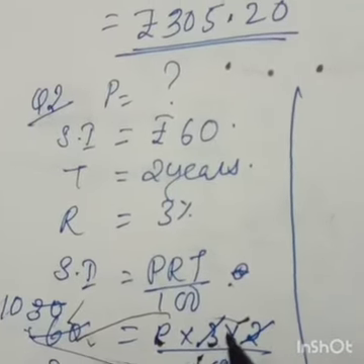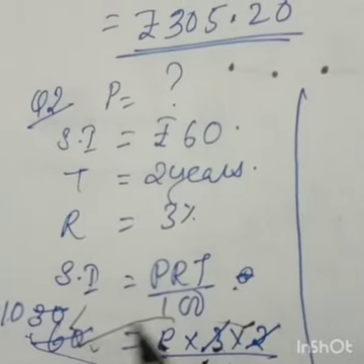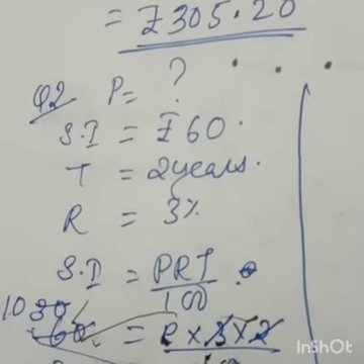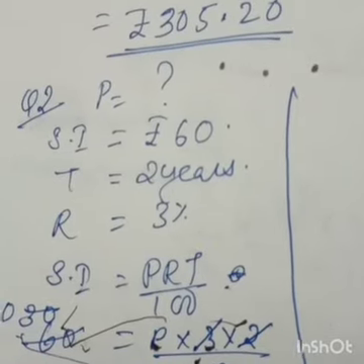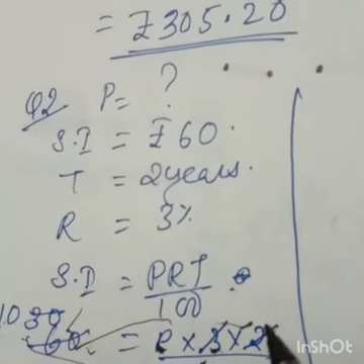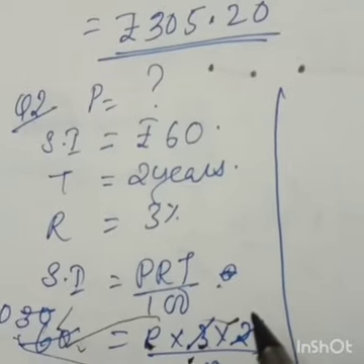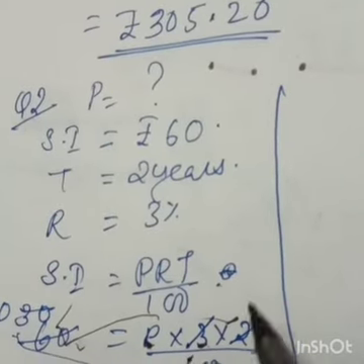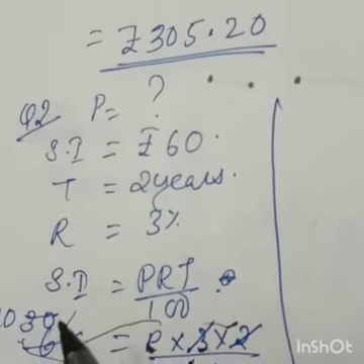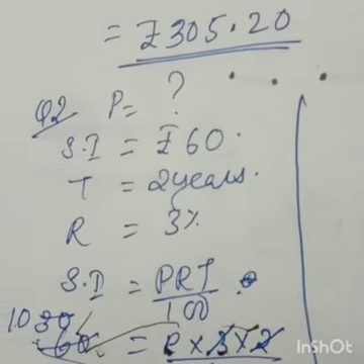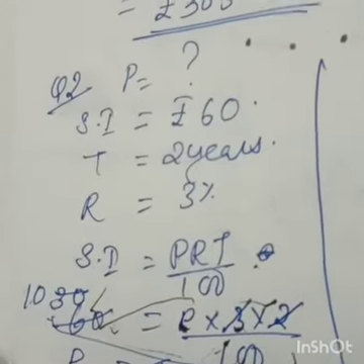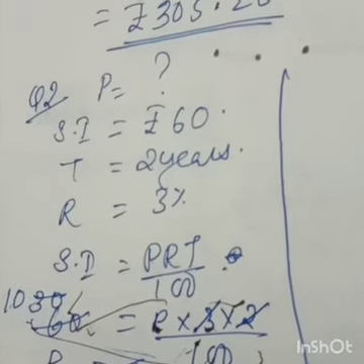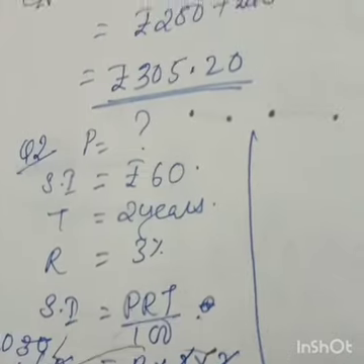That is wrong. Left hand numerator to right hand numerator, left hand denominator to right hand denominator, because left hand denominator will become right hand numerator. So the easy method: numerator to numerator you cut out when numbers are lying on the left and right hand side of the equation. Clear? Principal you are getting rupees 1000.